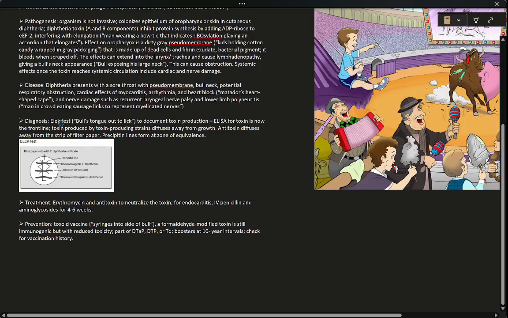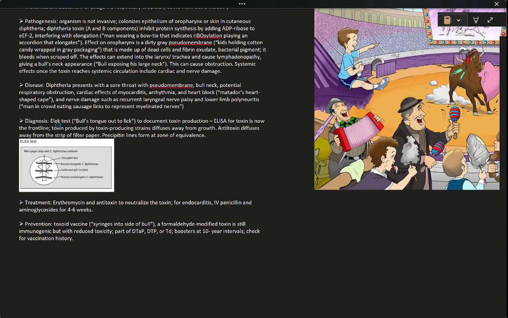For diagnosis, this bacteria is special because you can use this thing called the ELEK test